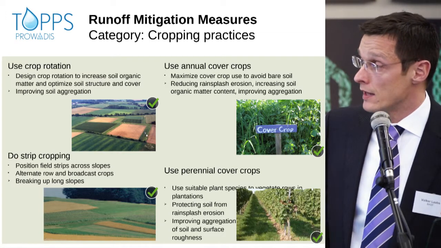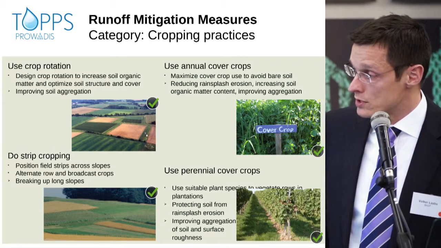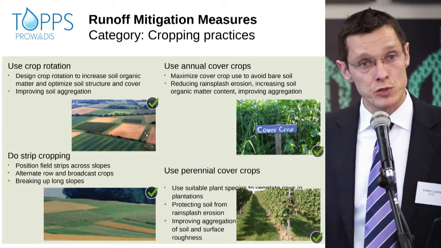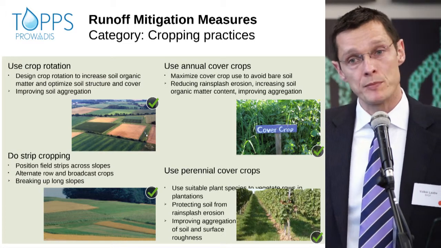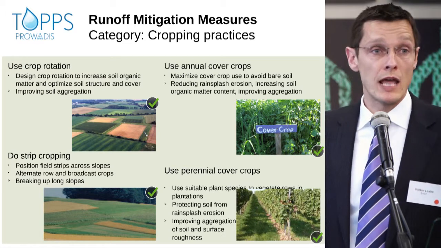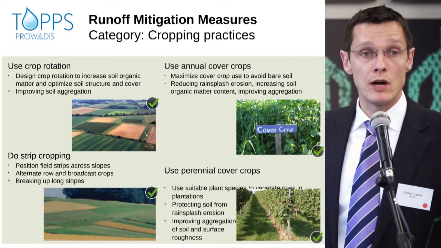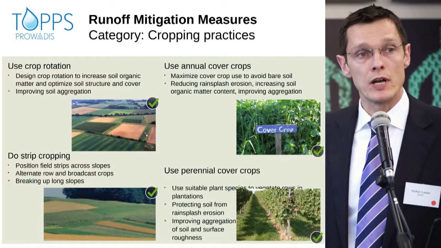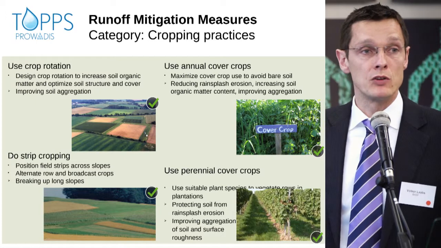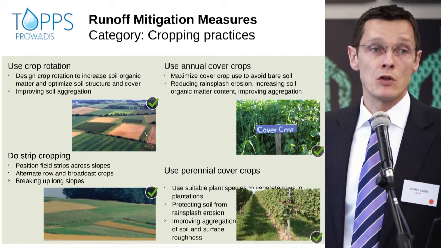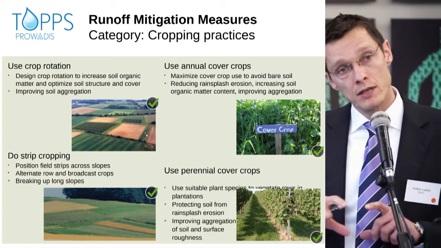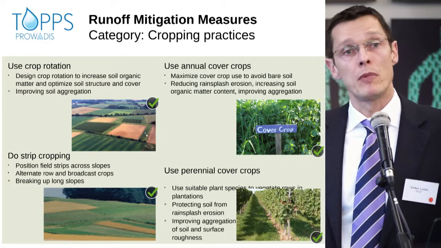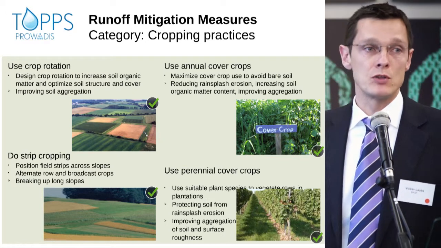Strip cropping, that's quite important if you have very long slopes, where you can then position your crops in strips across the slope. So you could alternate between summer and winter crops to manage vegetation cover, as well as broadcast crops and row crops could be alternated. So that would mean that you're using the crop itself as a buffer when water comes downslope, for example, from